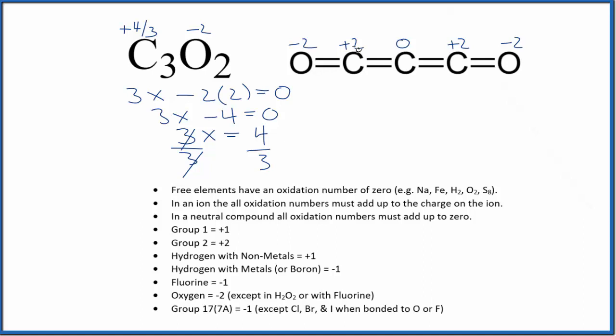So we have a total of +2 and +2, that's +4. We have 3 carbon atoms, and the total oxidation state is +2 and +2. That gives us the 4 here, 4/3. So that's why we have a fractional oxidation state for